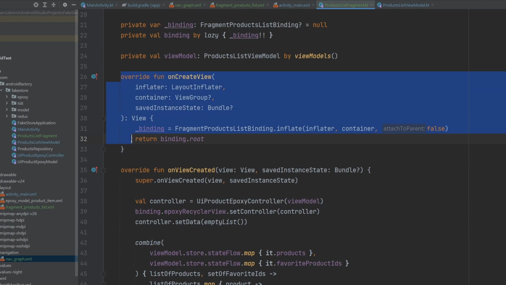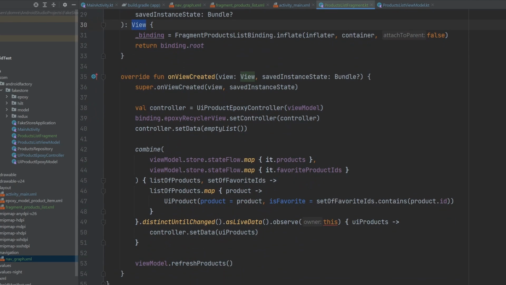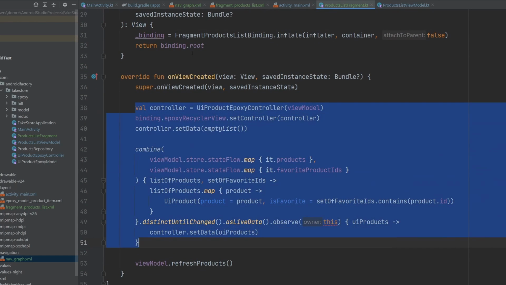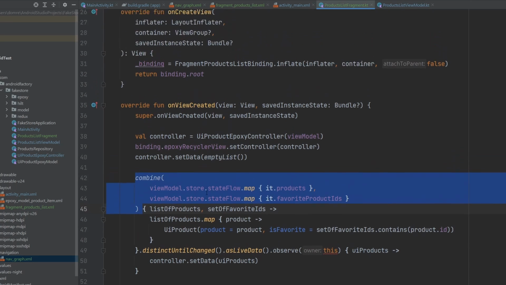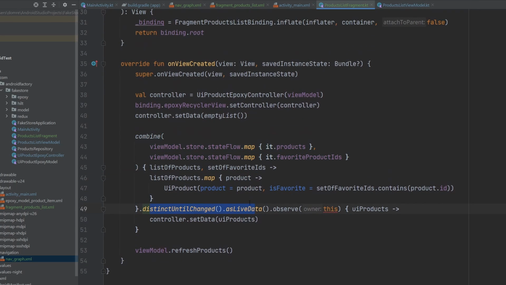Pretty boilerplate stuff here as far as onCreateView. We set up our binding here. We return the binding.root as far as the view that we need. And then this should look very familiar. This is the onViewCreated. This is basically the stuff that came from the activity. We create our epoxy controller. We set that controller. We force the loading state. We have our combine work here, distinctUntilChanged. This is all copy and paste here,